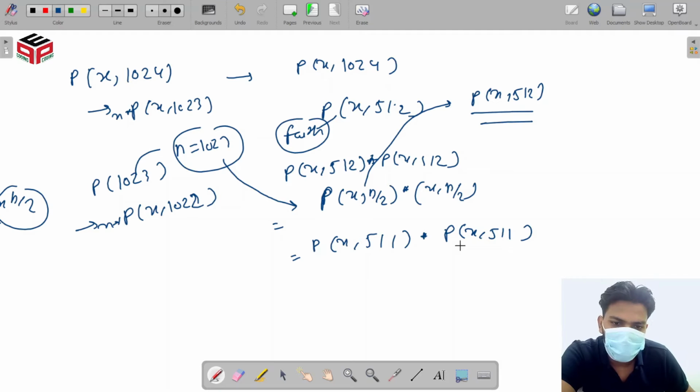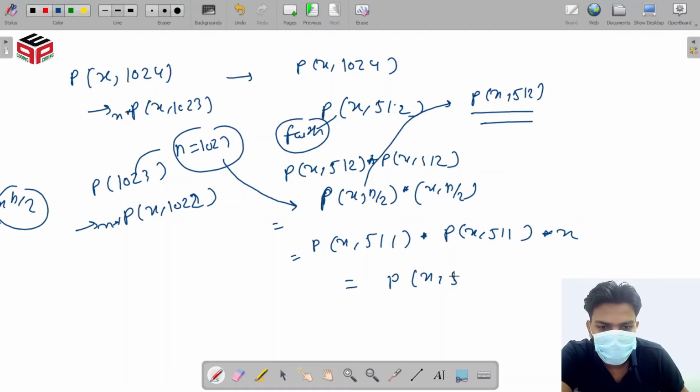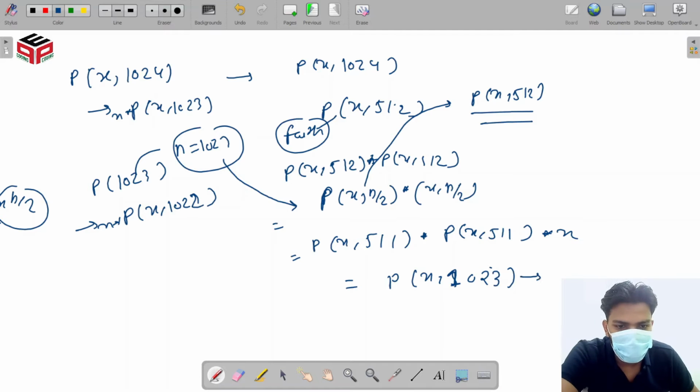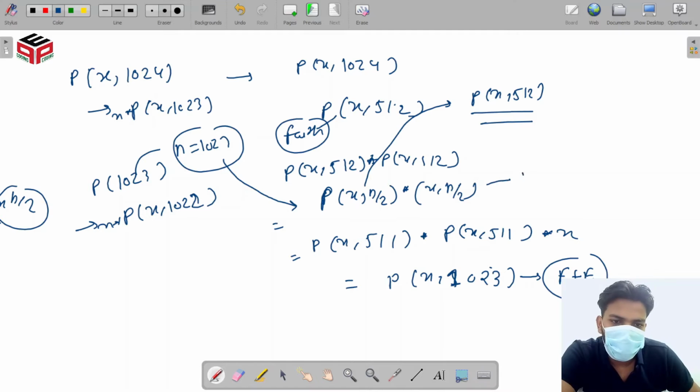So in the odd condition, we multiply x again, so that we get power of x comma 1023. So this is our stage where our faith plus expectation will meet each other.